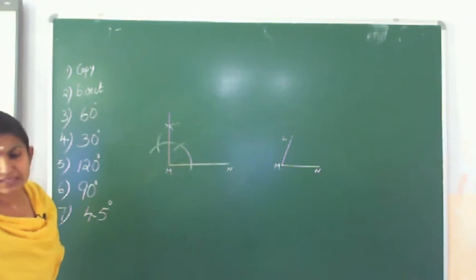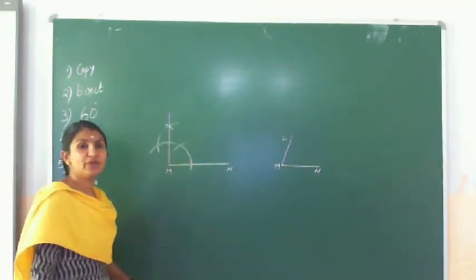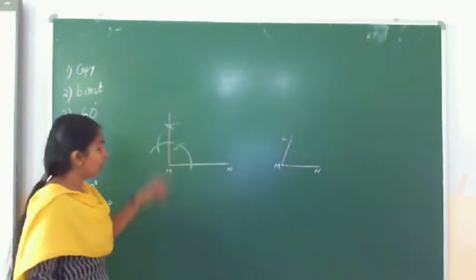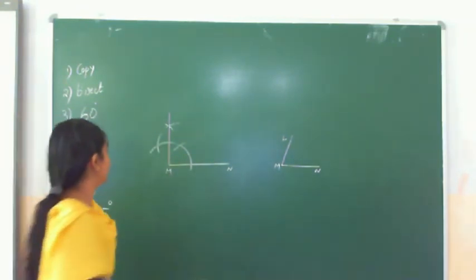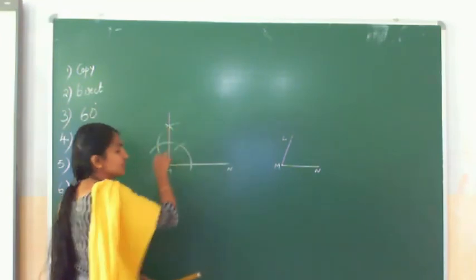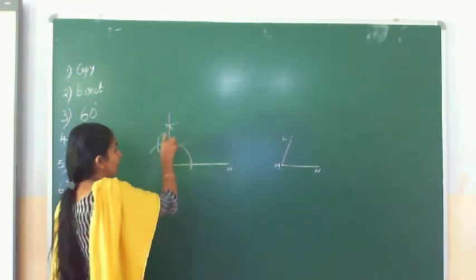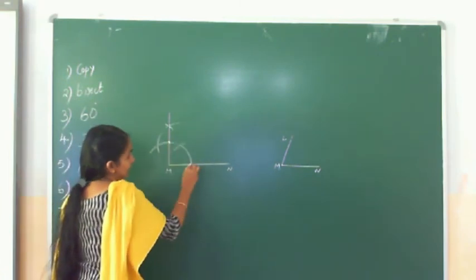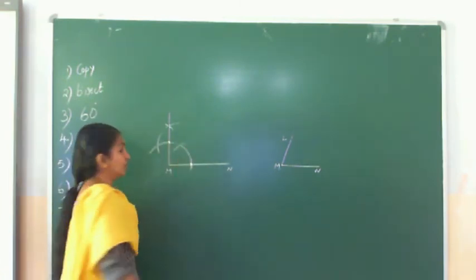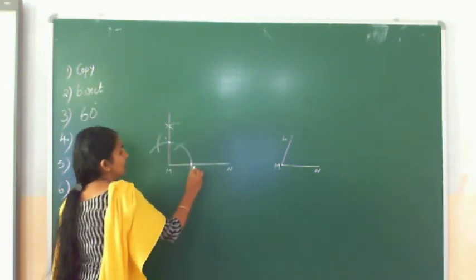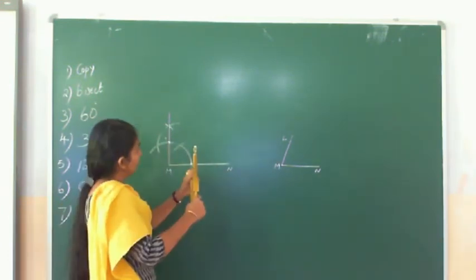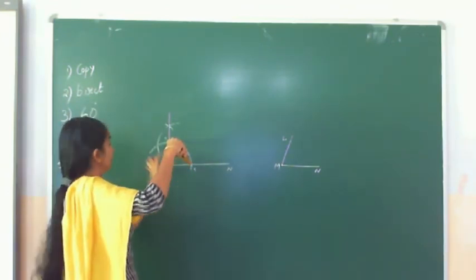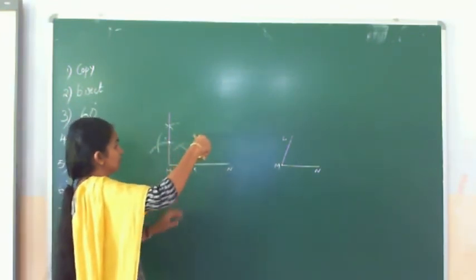Now we should bisect this 90 degree. How can we bisect? First draw the arc. So the arc is already here. Now take these 2 points, that is where these arms are intersecting with the arc. That 2 points we are taking, means this and this point. If you want, I am just marking it as PQ. Take more than half or the same length or more than this length. It's up to you. Bisect.